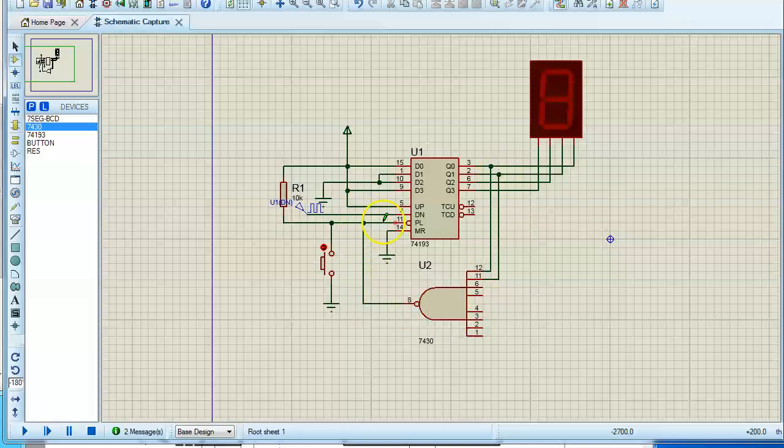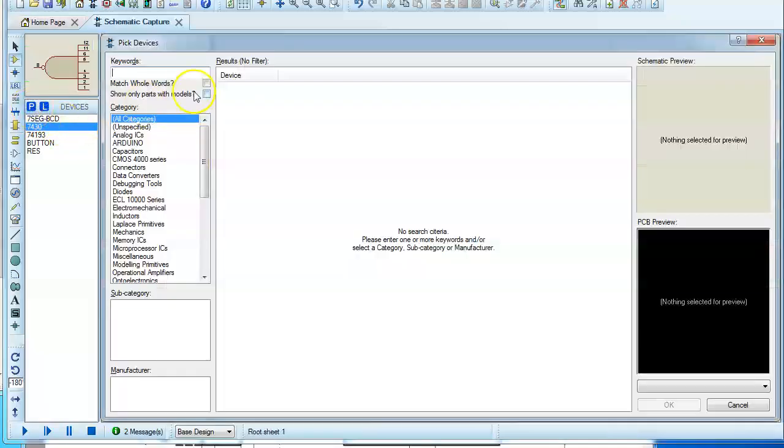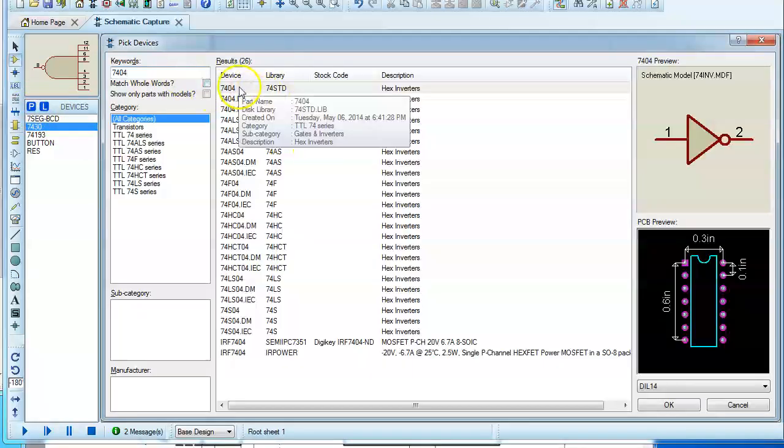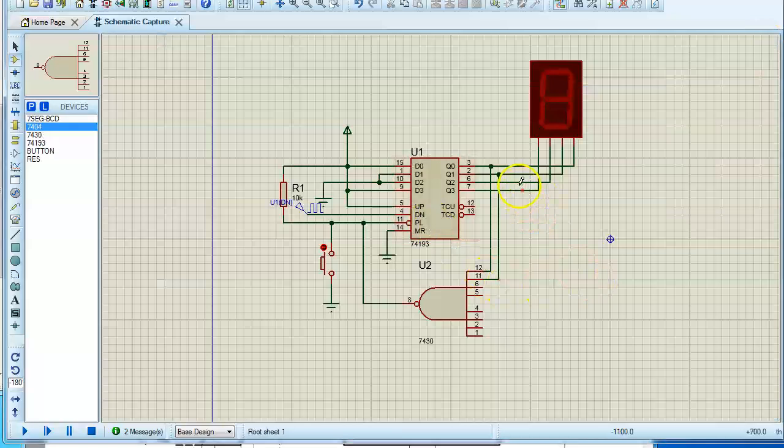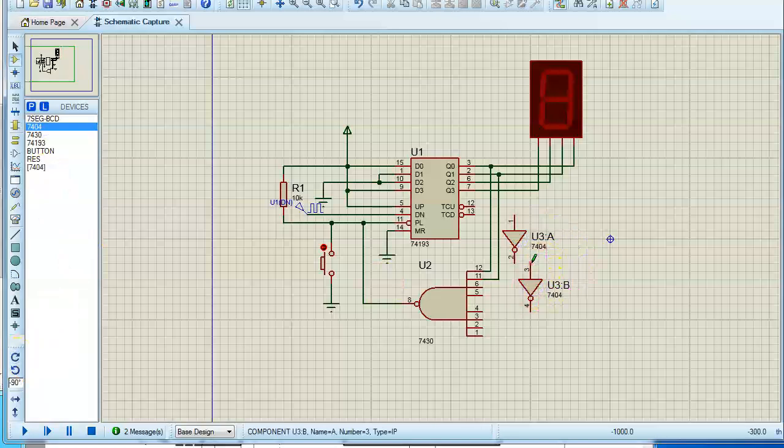Whenever it gives me 0, immediately you can see the value 9 will get loaded into the counter. But for number 3, these two lines have to be what? These two lines are nothing but zeros. Now I need to convert them to a 1. How can I do it? No other way. We have to use, let us say, a NOT gate. So let me choose the NOT gate now. Okay, so we have a NOT gate. So I have to connect these two lines through the NOT gate. So let me rotate this and place it here, and one more here.